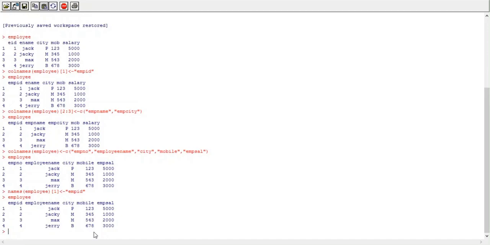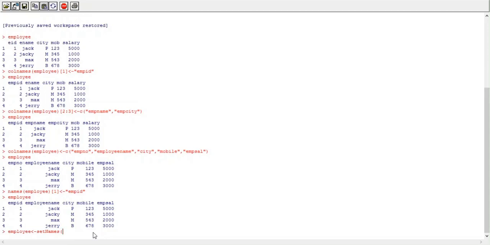Again, we have another function called setNames. The setNames function is also used to change the names of all columns in a data frame. So now we'll just see the syntax of setNames. First write down the name of the data frame, that is employee. After that, write down the name of the function, that is setNames. Here in the setNames function, N is capital. Remember, R is a case sensitive language, that's why you need to be careful while writing the function name.